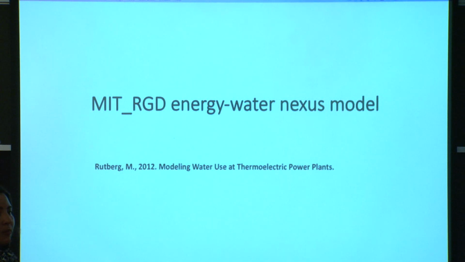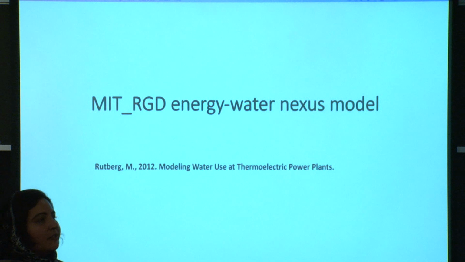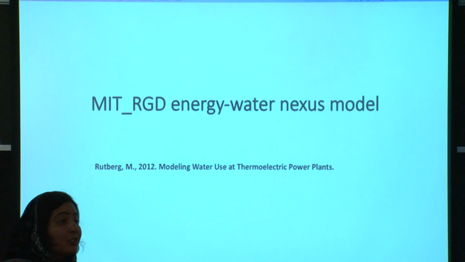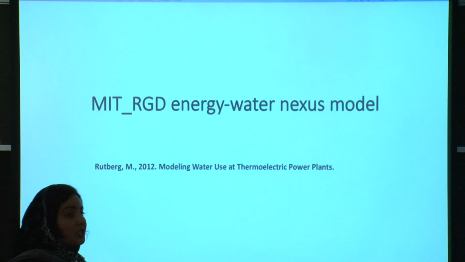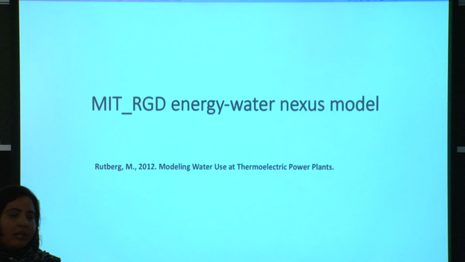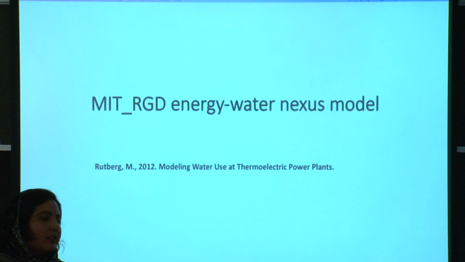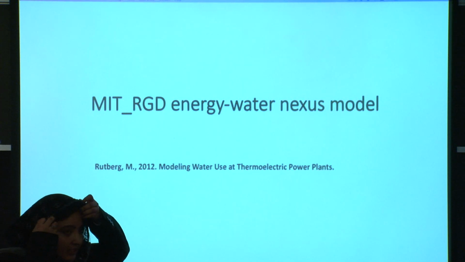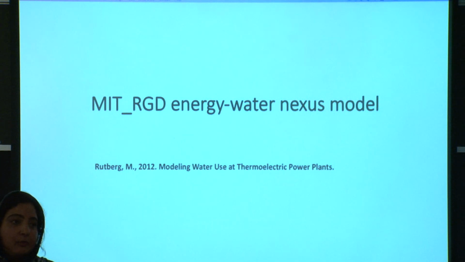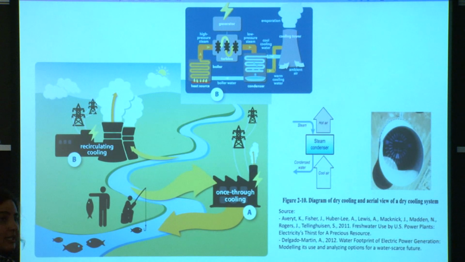And there are several models that I've discussed in a talk I gave to my group 2 weeks ago, but I'm not going to go through them because they're going to take some time. I will discuss the one that we initially wanted to use to apply it for the water and energy situation in Saudi Arabia, but due to the absence of data that I couldn't get a hold of, I wasn't able to apply it. But I can explain it to you in quick terms. So this model is focusing on 2 cooling systems.